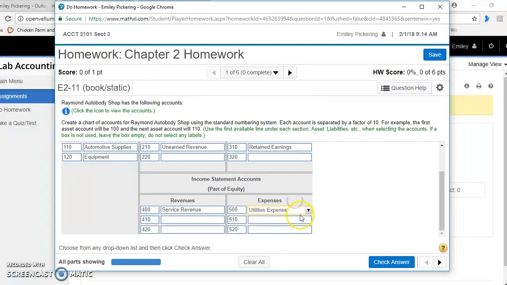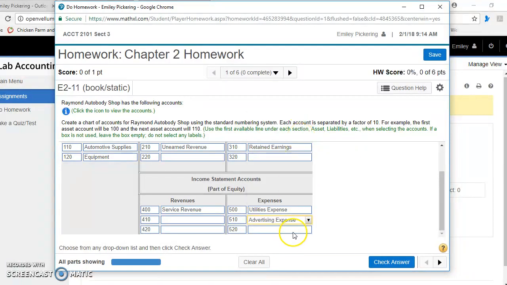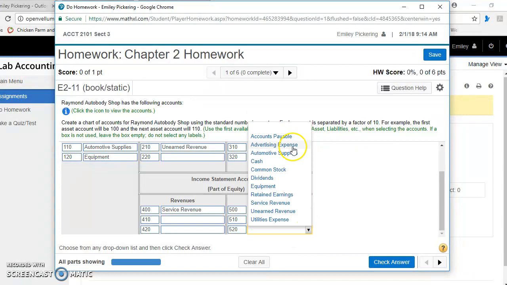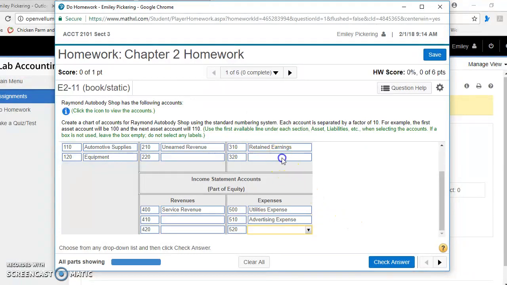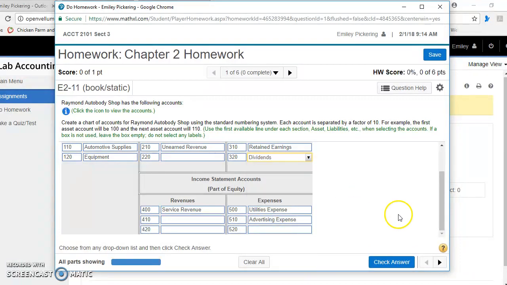And the expenses, it doesn't really matter what order you do it. I've seen it done alphabetically. I've seen it done just kind of first come, first serve. So advertising expense. And that's it. So the other one I'm going to put up here is dividends. This doesn't really go on the balance sheet, but there's not a statement of owner's equity for it to go on. So let me make sure that I've got all of our